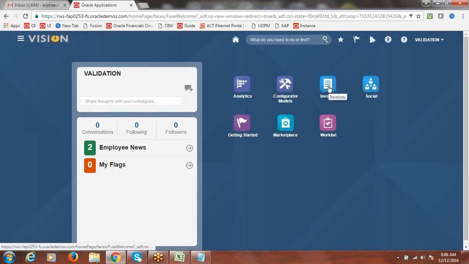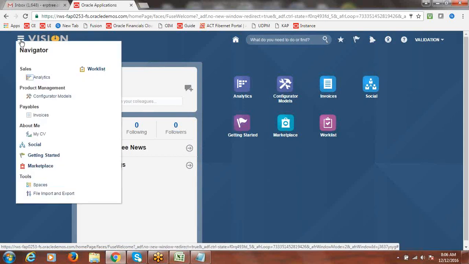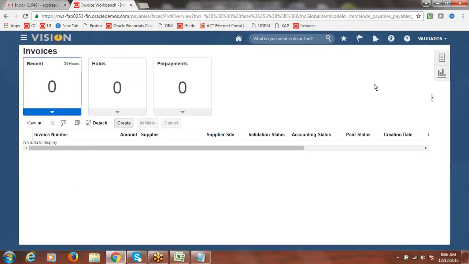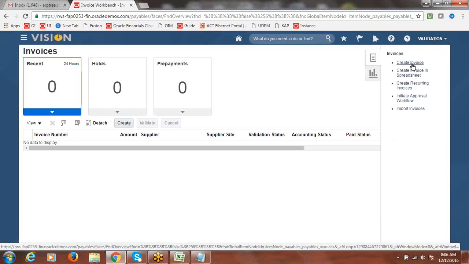So from here you can just navigate. Basically, this view we call springboard, but anyway we'll go from navigation. Say invoices. Okay, sometimes when you create a custom role, it may not work immediately. In that case, just wait for some time, it will start working. So create invoice.